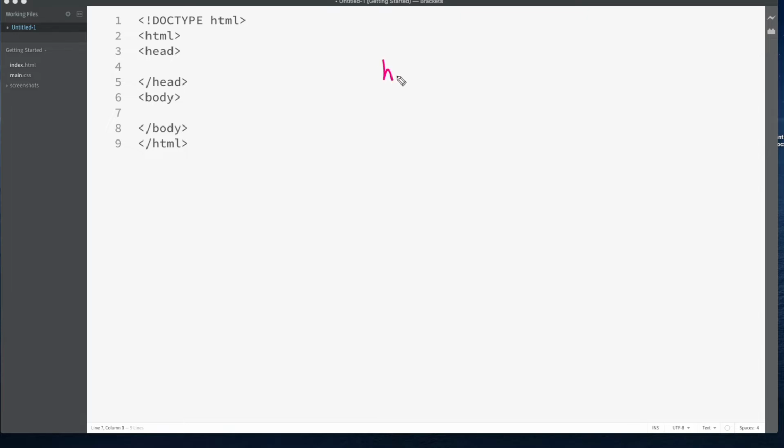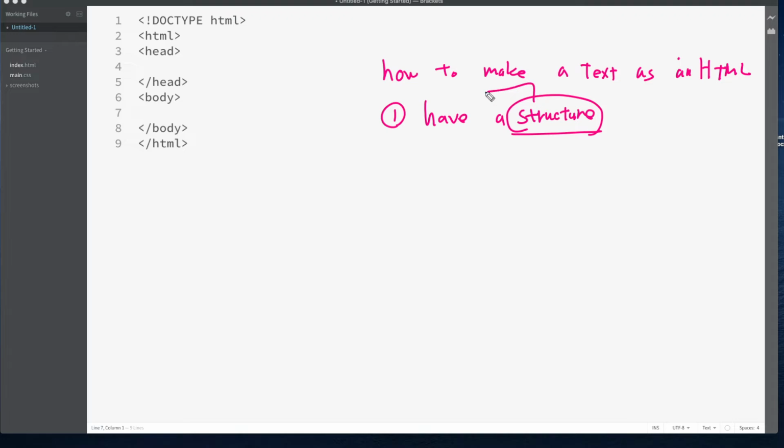So how do you make a text an HTML document? Number one, have a structure. This is the structure that your browser recognizes as your HTML document. And number two,